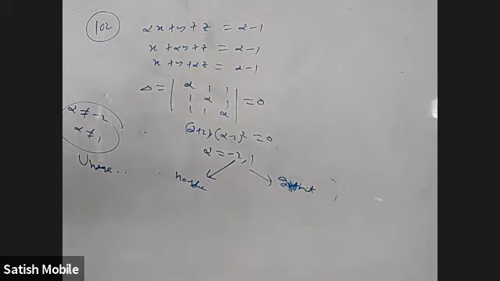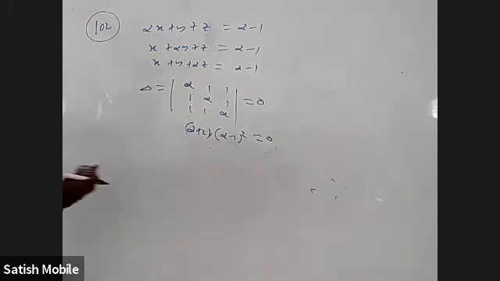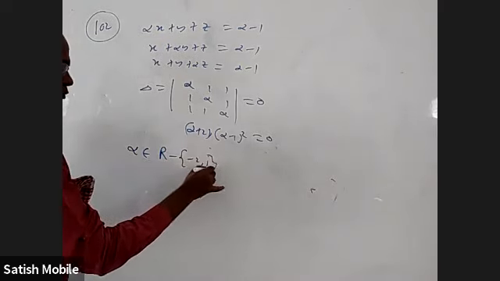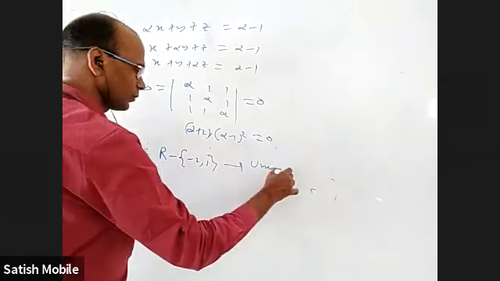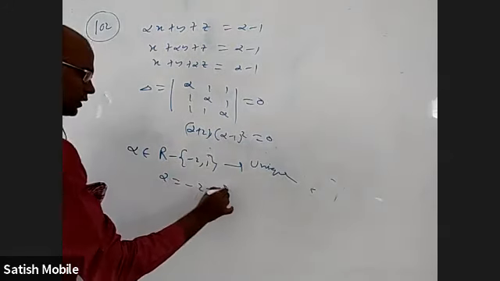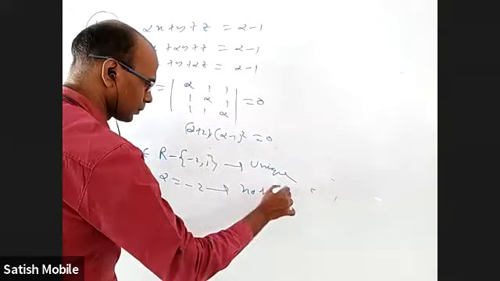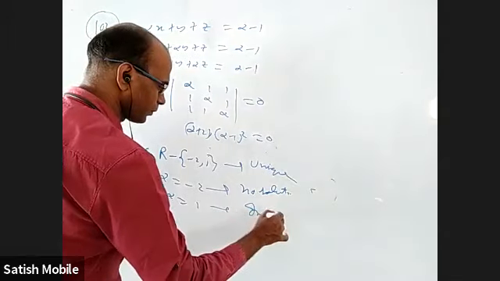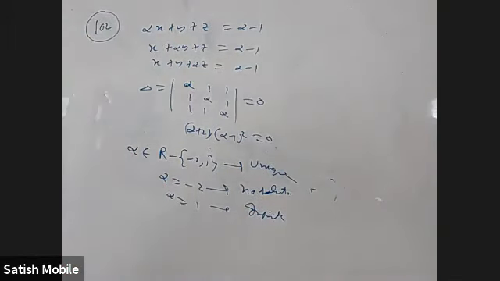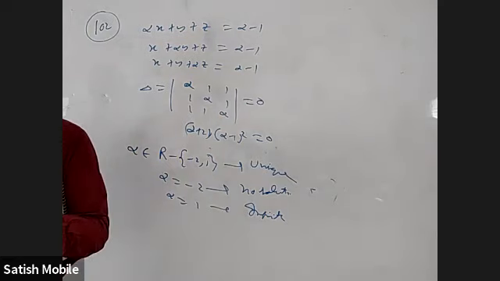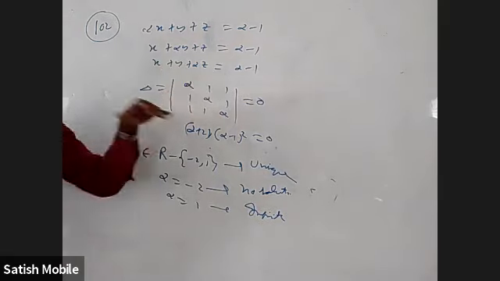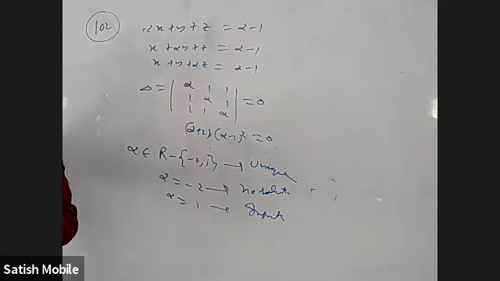So I can thoroughly cover now, putting all this together. If alpha belongs to all real numbers except minus 2 and 1, it is unique solution. And when alpha equal to minus 2, it is no solution. I'll explain why. And when alpha equal to 1, it is infinite solutions. These will explain why. Because when delta is 0, you have two chances. Either it is no solution or it is infinite solutions. We have to decide which one it is. When you put minus 2 everywhere here and add all the 3 equations, can you tell me what will come?